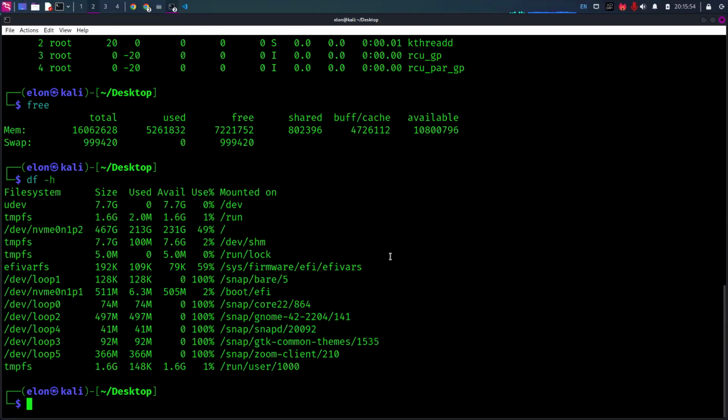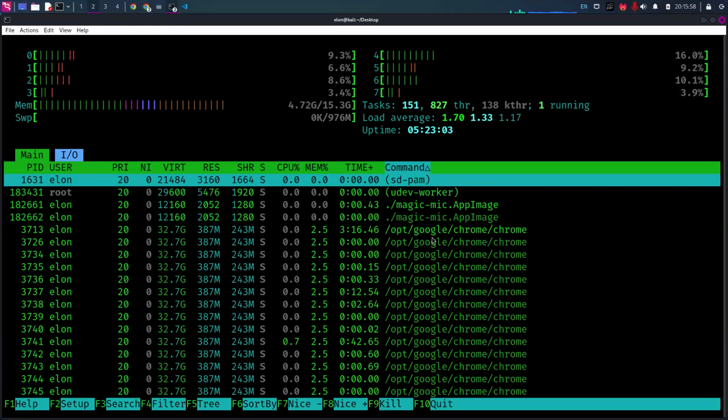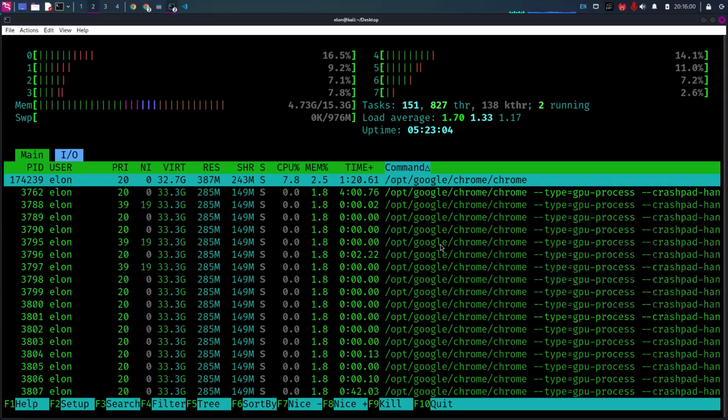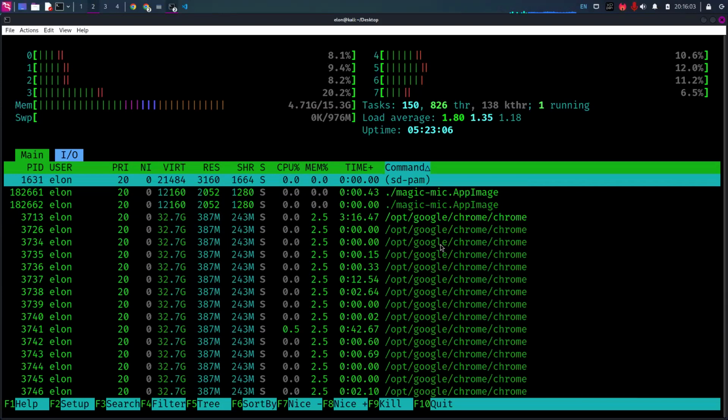And then there are other commands like the htop command, which is basically similar to the top command, right? It also tells about the system information, RAM consumption, and then CPU consumption, each and everything. The process ID, CPU memory consumption, etc. Okay,